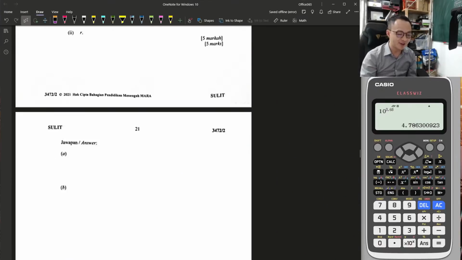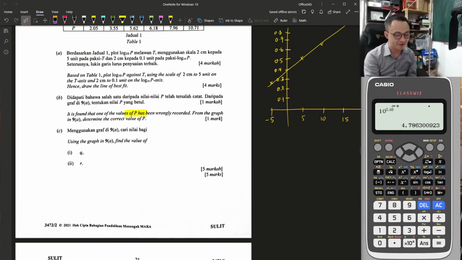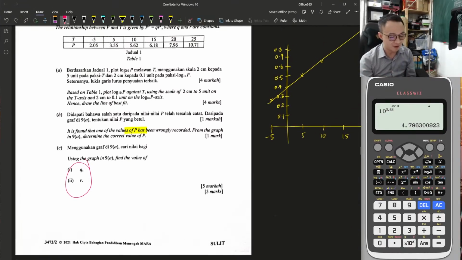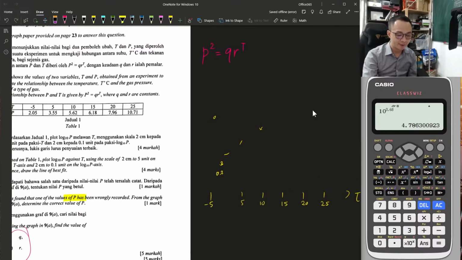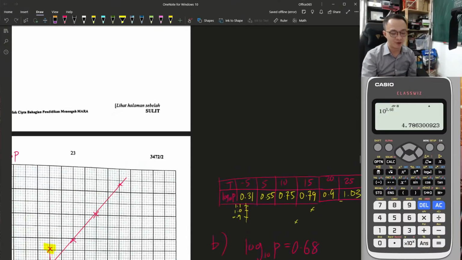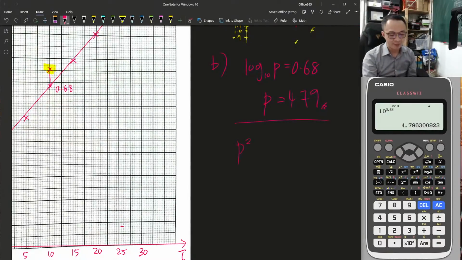Okay, then what do they want for C? Okay, find Q and R is very common. So yeah, we have this equation. What we want to do is, let me do it at the bottom. P square equals to QR power of T. Okay, according to my